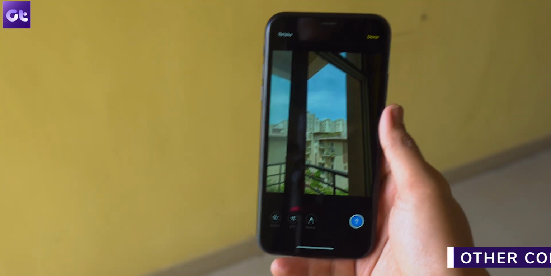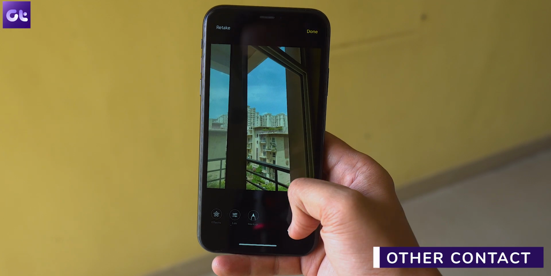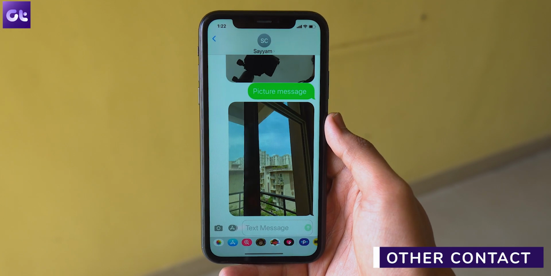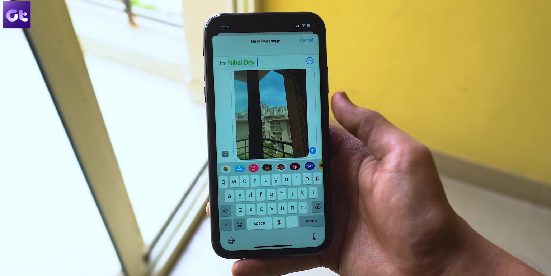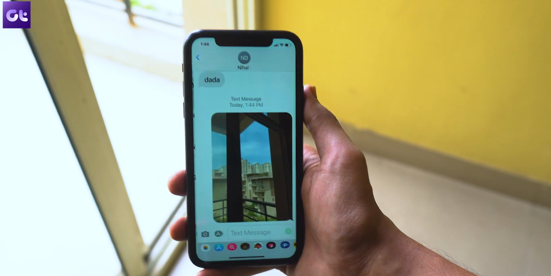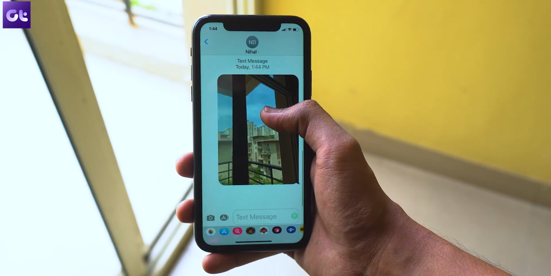Okay, so the first thing that you need to do is try sending the picture to another contact. It's an effective way to narrow down the source of the problem. If a picture is not going to a particular contact, try sending it to another person. If the picture goes through, then nothing is wrong with your iPhone or network connection. I mean, it's possible that the person you were trying to send the picture to in the first place has some connectivity issues. That said, if your message is not going to other contacts as well, then you can pretty much understand that there has to be some issue with your device or on your end. So, okay, once you have narrowed that down, we can try out the other methods.